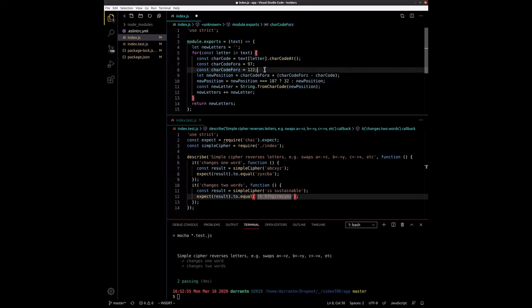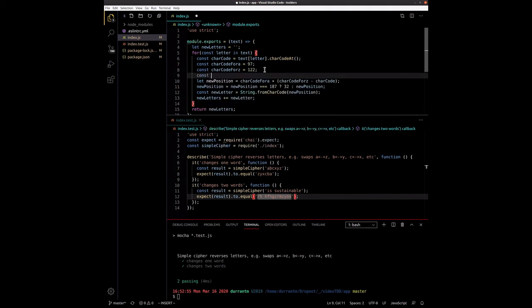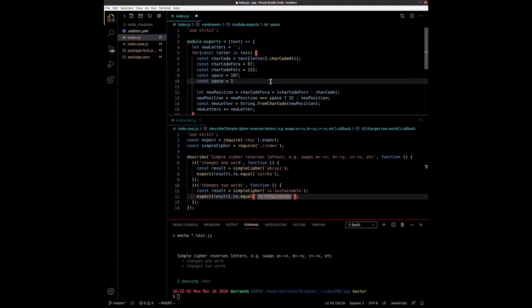And while we're at it, let's go ahead and name the other two as well. So a space is 187. Actually, that's not actually a space. A space is 32. So let's do both of these numbers here. Let's copy and paste this. Okay. So space is going to be 32, and the other number